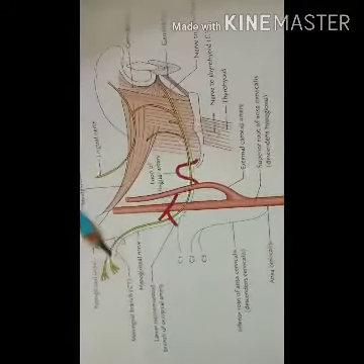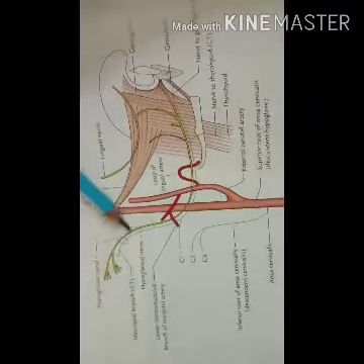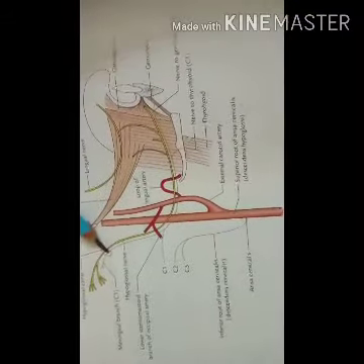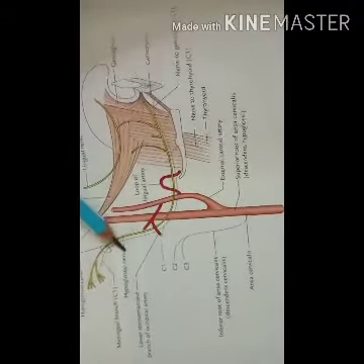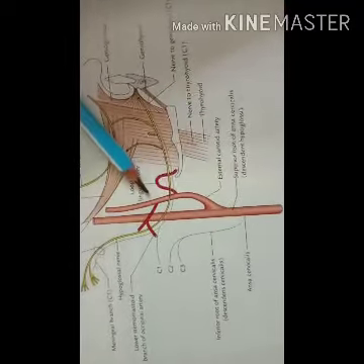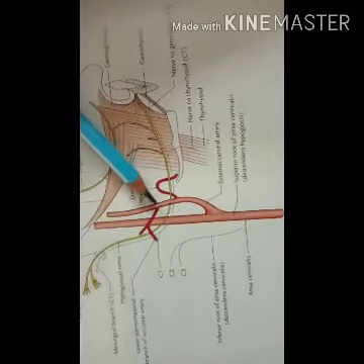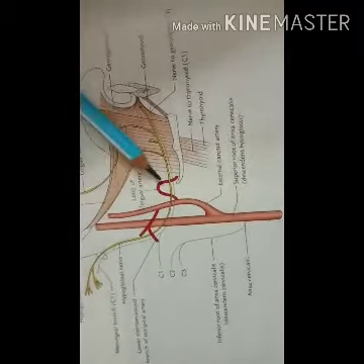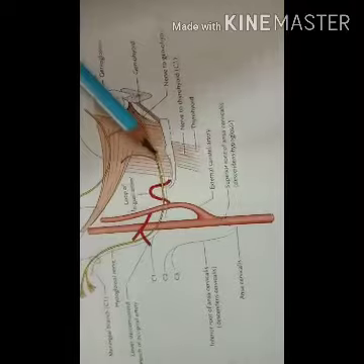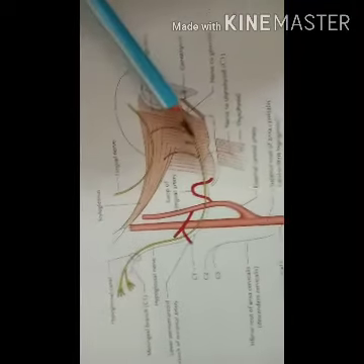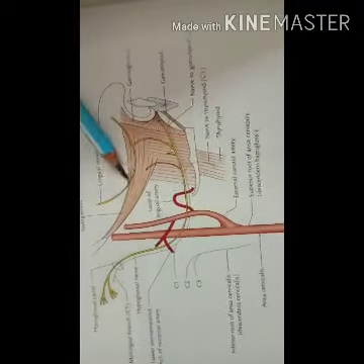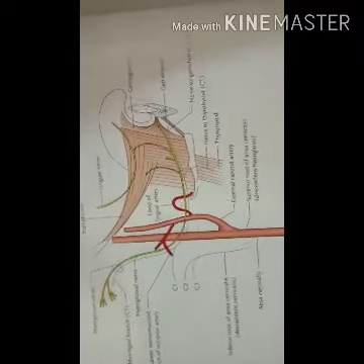After piercing through the hypoglossal canal with the C1 spinal nerve, it lies deep to the internal carotid artery. Then it passes downwards and laterally, going in between the internal jugular vein and the internal carotid artery, and then passes again laterally and supplies the intrinsic and extrinsic muscles of the tongue, except the palatoglossus muscle.